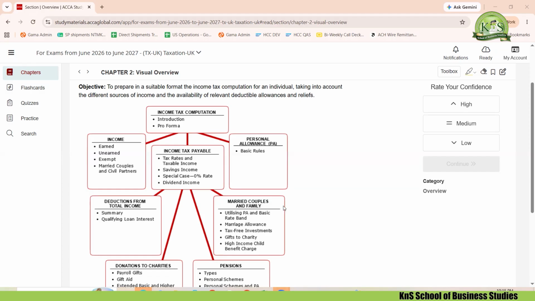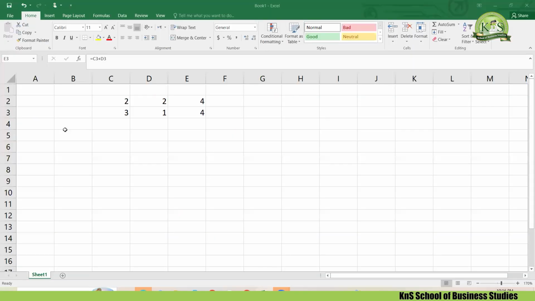Now, income. What types of income are there? There are earned incomes and there are unearned incomes as well. There will also be some items that are exempt. Whenever the word exempt is used, it means that 0% tax applies. The individual doesn't need to pay any tax, but as a student, you need to mention that this is exempt from tax. I'm giving one example right now, which you will read in the employment income chapter: one mobile phone is exempt.